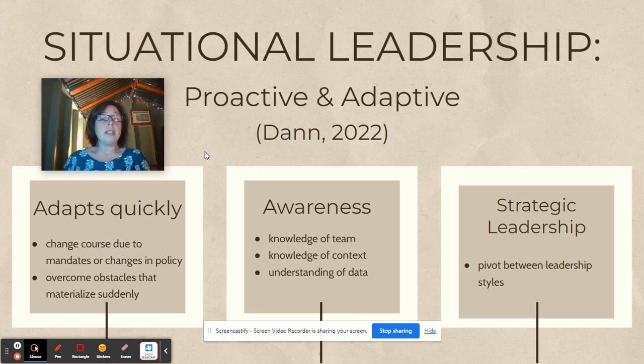Awareness of context is very important, I think, as an instructional leader on campus. I have worked at my school for 17 years, and so I am very aware of the background and history of the school, and I have seen lots of changes in initiatives, and I've seen successes and failures on campus, and I also have a very good understanding of the climate and the culture on our campus. I understand the data.